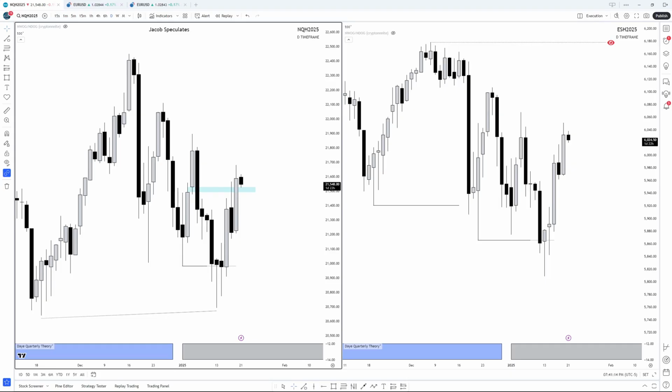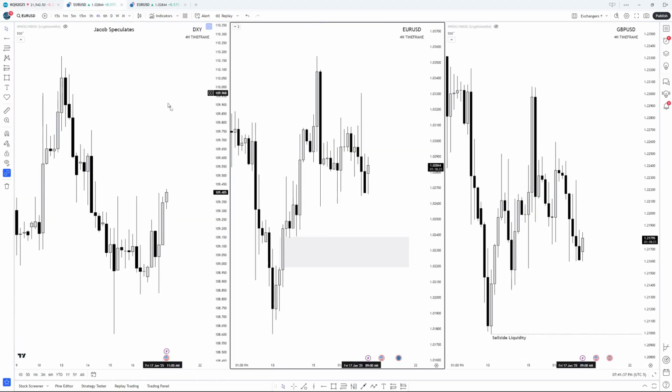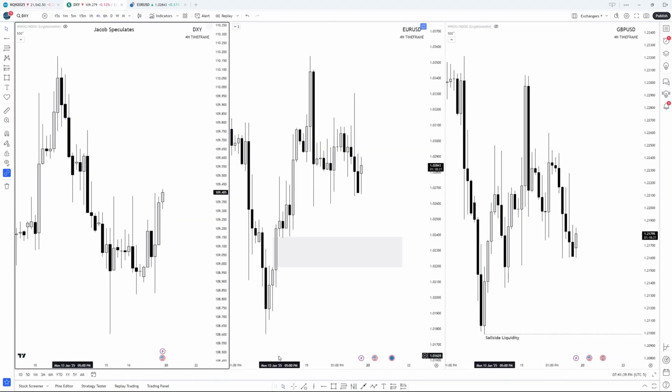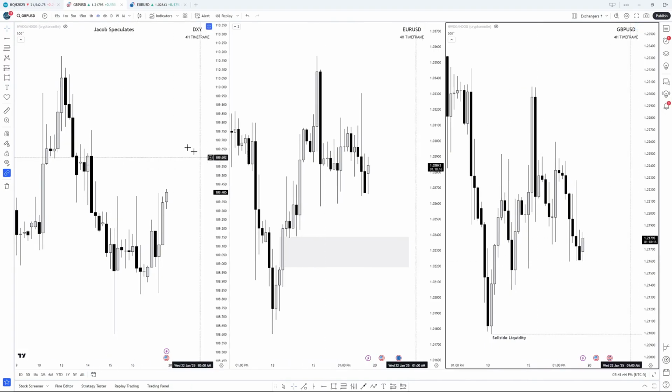Must all the assets in a triad be in sync versus the other triad for us to qualify premium and discount? For example, let's say that DXY is in premium, Euro is in discount, however Pound is in premium, and then the futures triad are in discount, meaning they're in sync with the dollar and the Euro, not with the Pound. Can we ignore the Pound and use intermarket SMT with DXY and Euro USD? Yes. And the reason for that is because typically, within a triad, there's always one asset that will kind of move to the beat of its own drum.